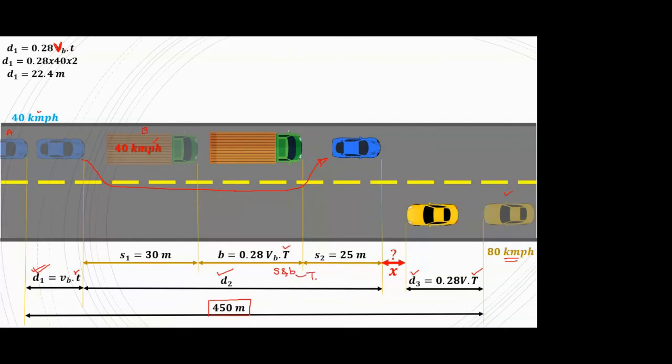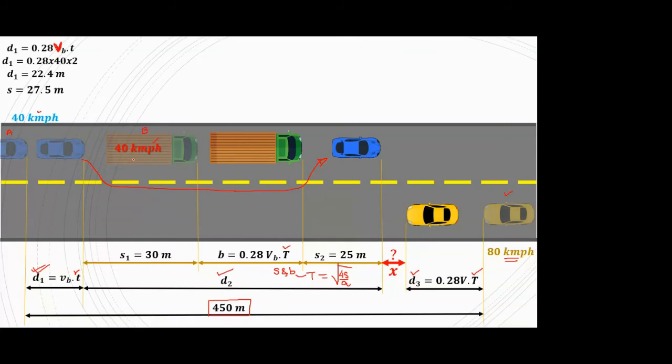Okay. So now for again finding out T, we all know the formula for T, that is 4S upon A. But now here we have a dilemma that this S value, which one will it be? The S1, 30 meter or 25 meter. So what I have taken here is the average one, so 27.5 I have taken. You might also check it with 30 meter or 25 meter.